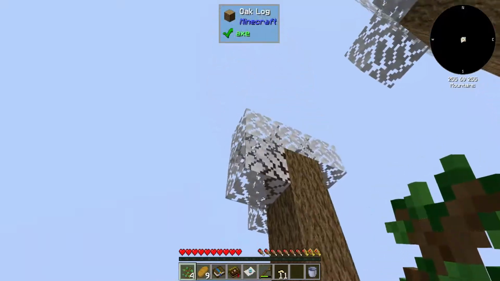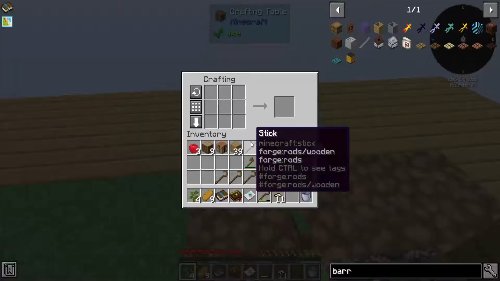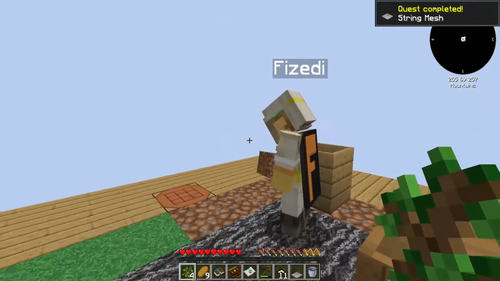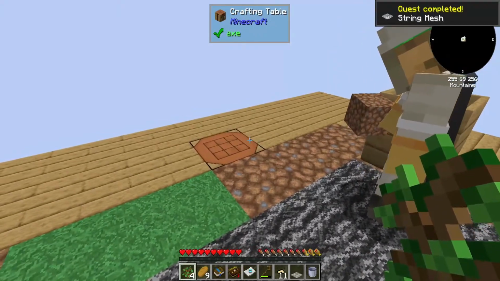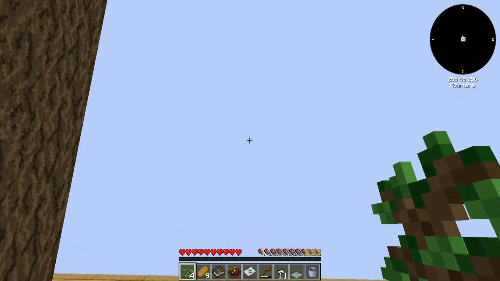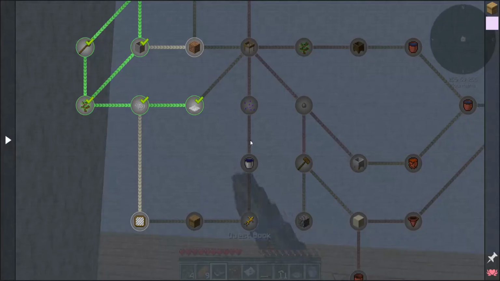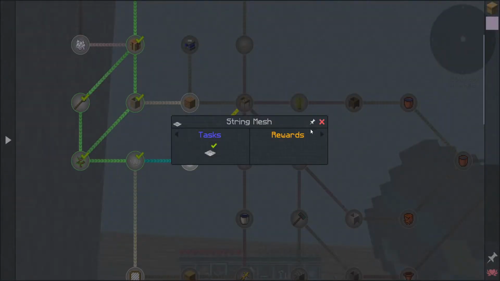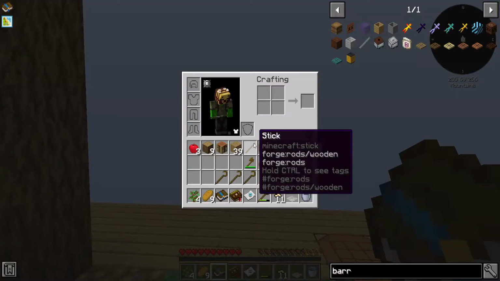So we've got our string. So with the string, we want to put it in the crafting menu and fill the crafting menu up. And we've now got a string mesh. So all nine blocks. This will then, okay, I got 3 of them. Complete the string mesh task. And our rewards are a sieve. So we should have a sieve in our...